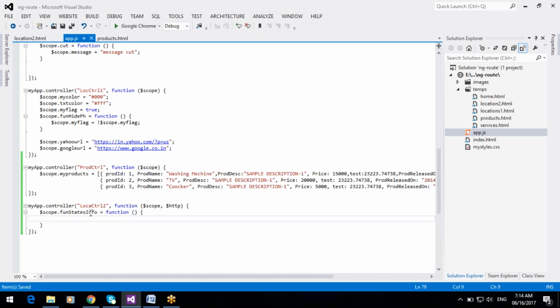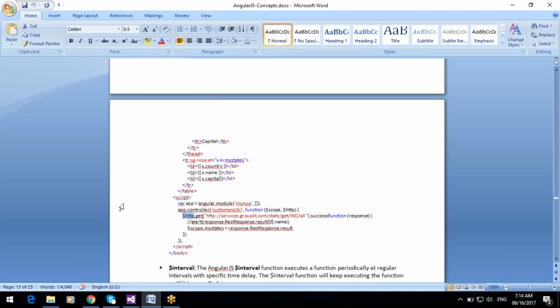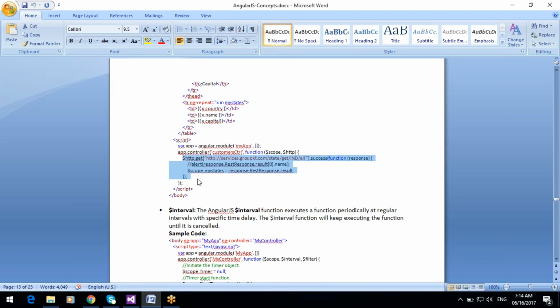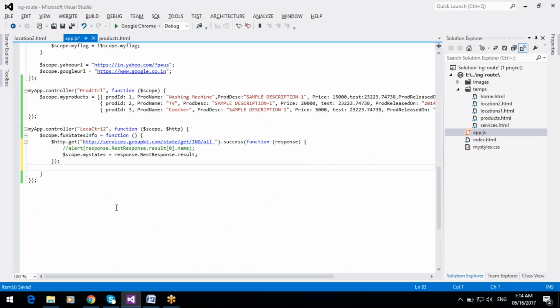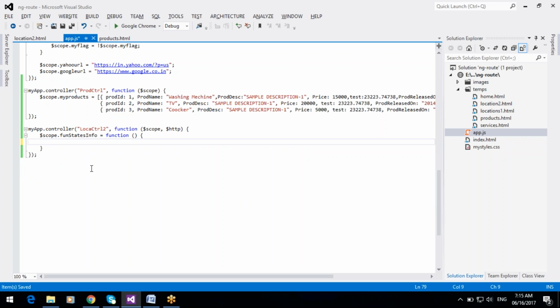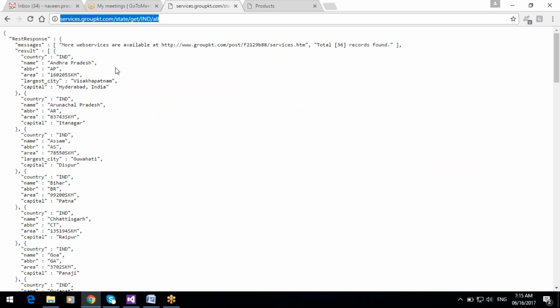In that function we have to use the HTTP service. First of all, $http.get method, $http.get, and in the get function use this service.